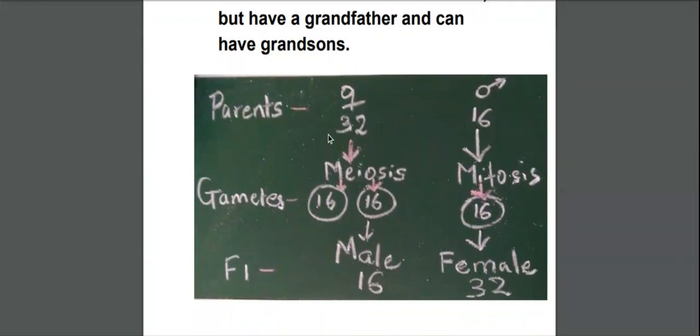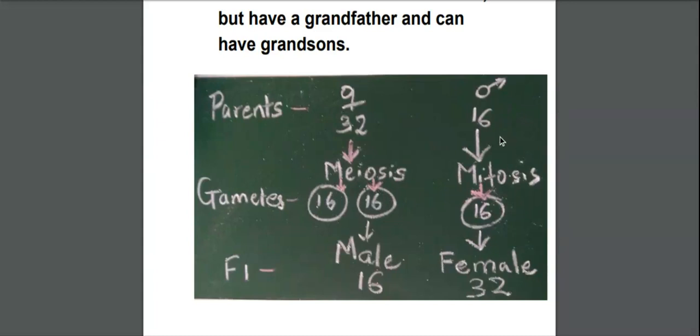As we have already said, you have a female honeybee and a male honeybee. The female will produce the gametes, that is the eggs, by the process of meiosis. Because it is a meiotic division, or a reductional division, the eggs formed here will have half the number of chromosomes as that of the parent. So you have 16. Each unfertilized egg here has 16 chromosomes.